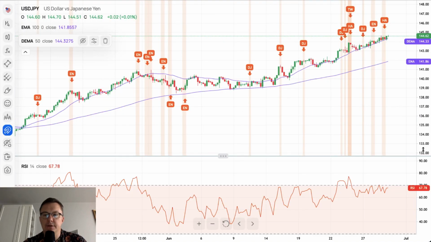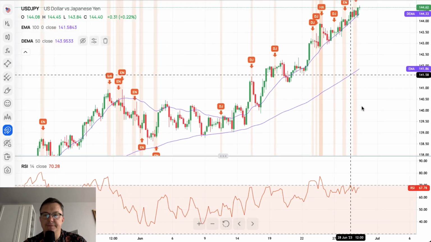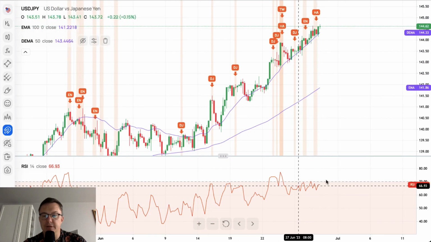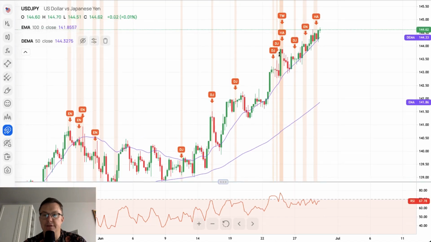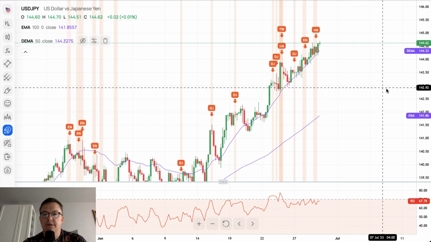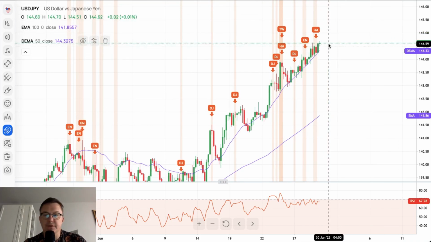So let's just concentrate on the lower time frames. As you can see, momentum is strong, hovering around the extremely overbought conditions. Nevertheless, we keep moving higher, so the next target for the bulls is, of course, the last swing high for this market.